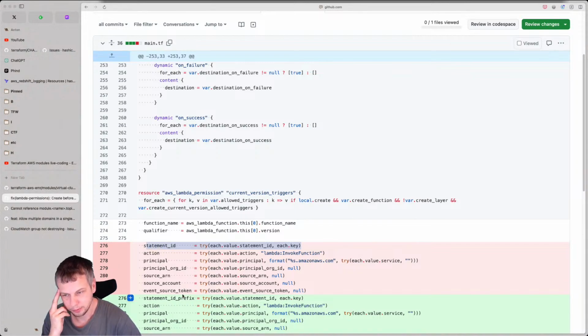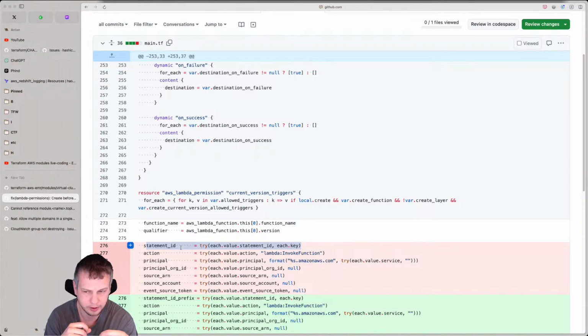This pull request proposed to use statement ID prefix to guarantee that every time we run it, we'll have a different statement ID. Which means that if we are in the process of reconciliation, then we create a new one, I mean a new Lambda permission, and attach it to the Lambda function, and then we delete the previous one.